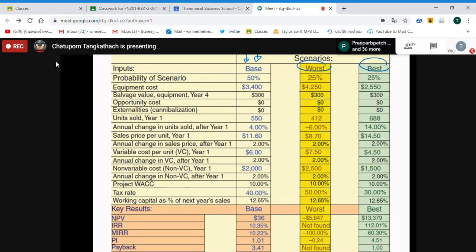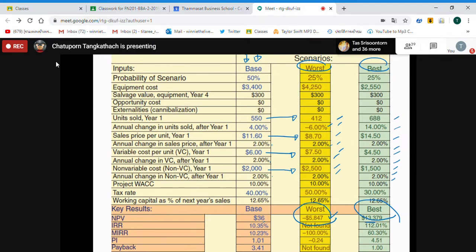So for the worst case, we reduce units sold. We also reduce the sales price. We increase the variable cost. We increase the non-variable cost here. So we change more than one variable, including the growth rate for the units sold, but we still use the same growth rate for the rest. After you have that, you just compute the new NPV, called the worst case NPV, and you also conduct a similar process for the best case like this, and you get the best case NPV here,